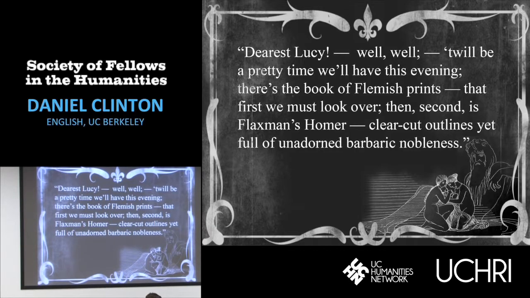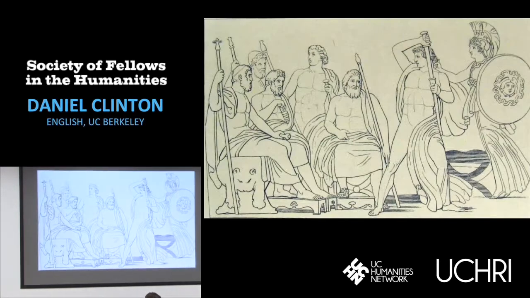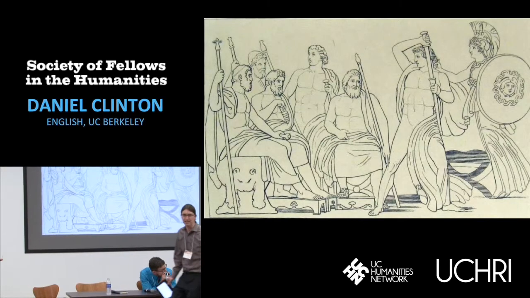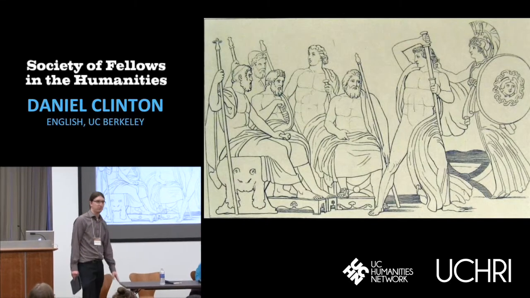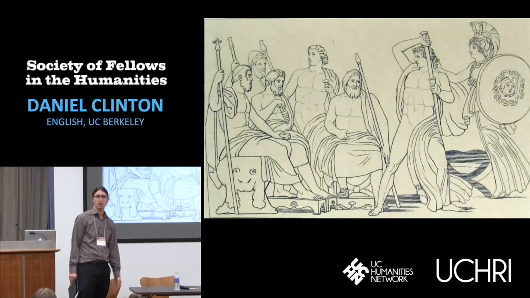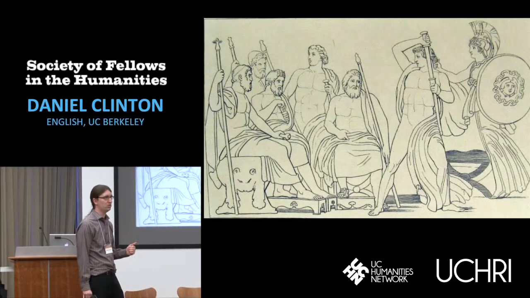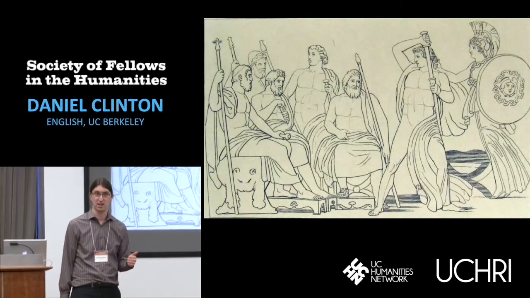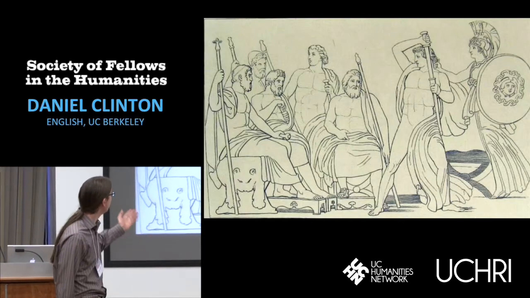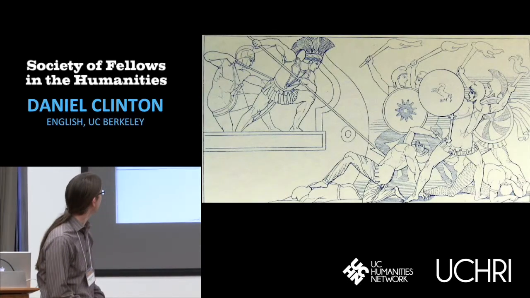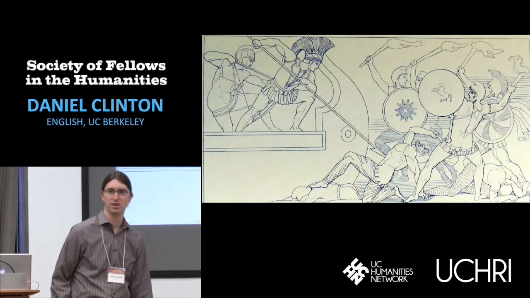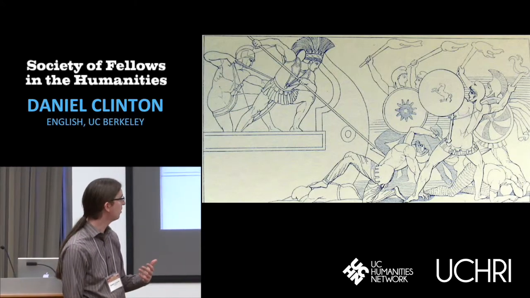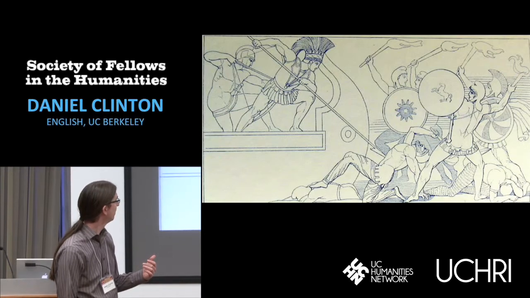And even though it's supposedly a contemporary novel set in the 1850s when it was written, it sounds like that. And John Flaxman here is a 19th century British sculptor best known for his illustrations of Homer, Aeschylus, and Dante, pictured here. And if you'll notice, these would have been circulated as engravings by Tommaso Piroli and others, and Melville is familiar with them and is going to reference them in this text.